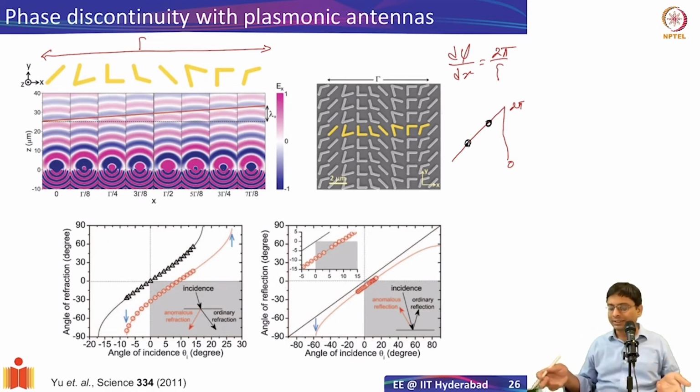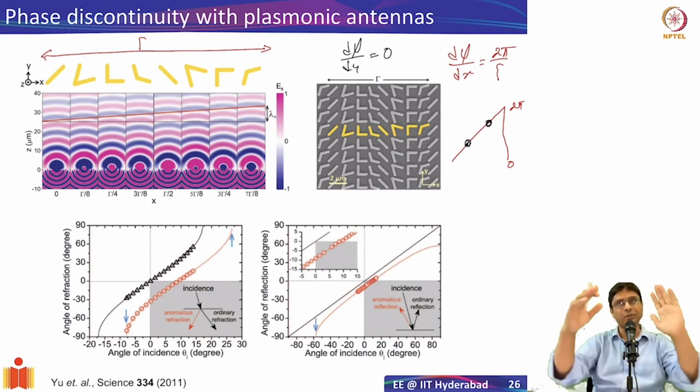All right. But in this case, they took 8 antennas to sample the entire 2 pi phase, and fabricated samples are shown on the right here. You see the same scheme, the V antennas with different orientations. And in the Y direction, they simply repeated them, so there is no variation in the Y direction. Only in the X direction is there this phase gradient. So if I ask you what is d phi by dy, what would it be? 0. There's no phase variation across the Y direction, only in one direction.